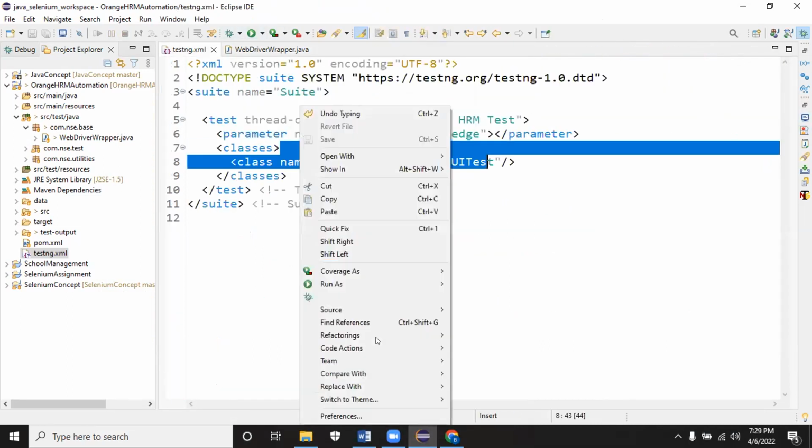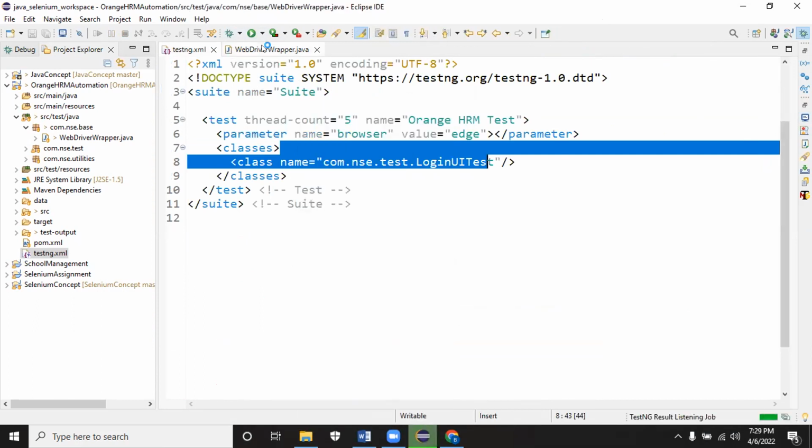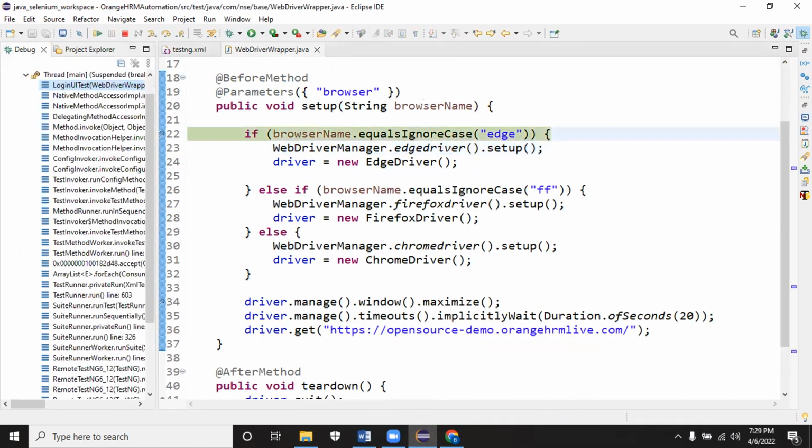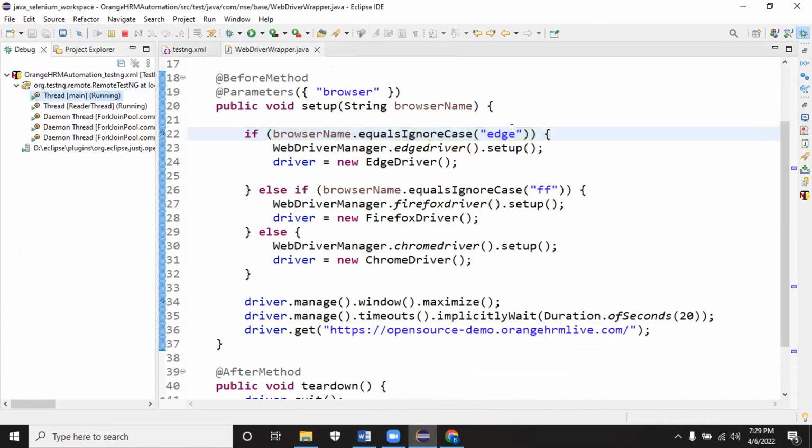Let me run it again. I just terminated it. Debug. I'll enter this. You can see Edge browser. Let me resume it, it will be faster. Now it will try to set up the Edge driver, launch the Edge driver, and then launch the Edge browser.